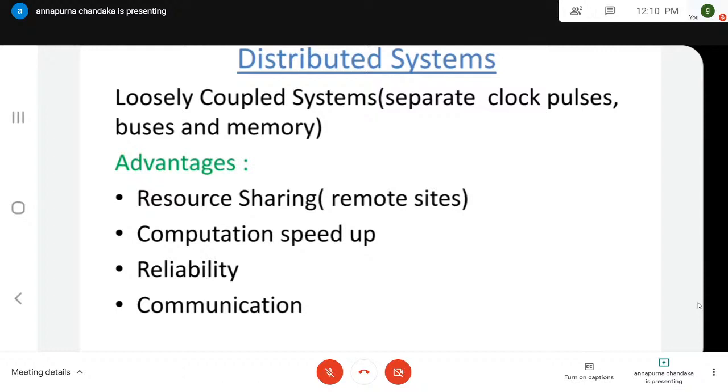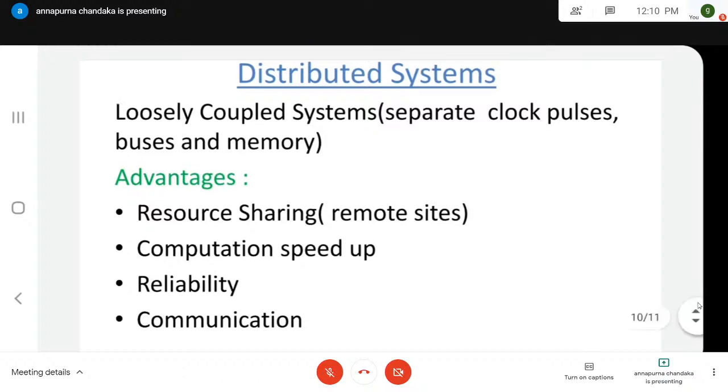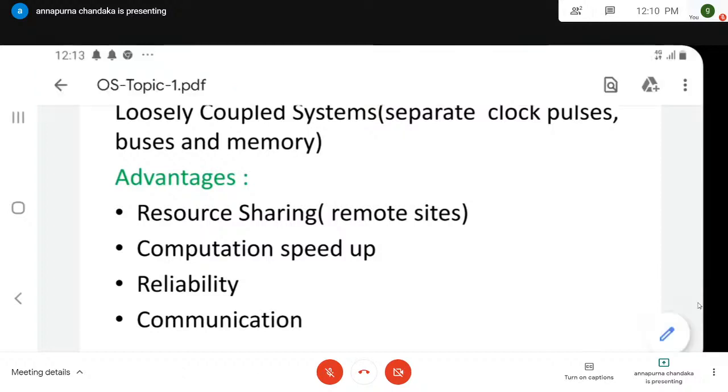Now, if you take 10 processors at the same time, divide that particular file into segments. Each segment has 10 records. Now these 10 records are supplied to all 10 processors at the same time, so that the total file updation is done in a short amount of time. That is computation speed up. The computation work is divided into several processes.